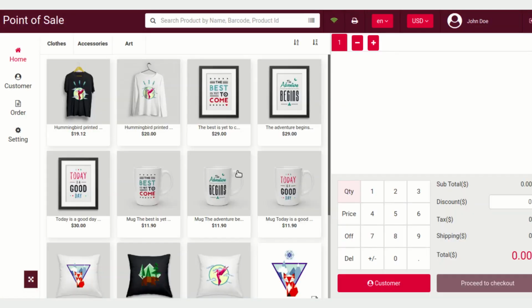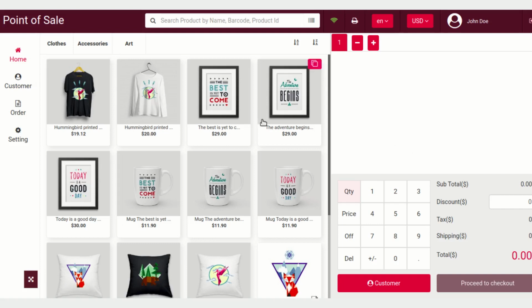This is the POS terminal home page. As you can see, as I already mentioned earlier, you can choose multiple languages and multiple currencies for your shop. So here, as you can see, there are two options to choose a currency and a language for your shop. Any employee can choose whatever language or suitable currency while processing the order of a customer.